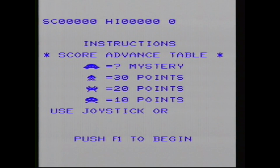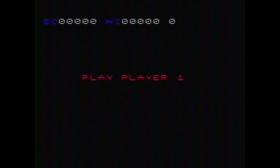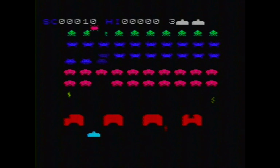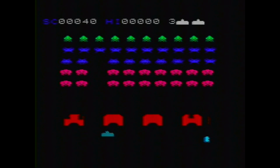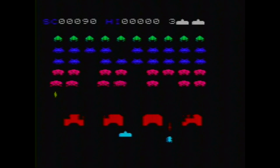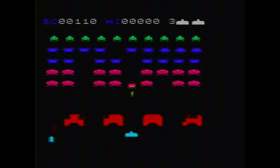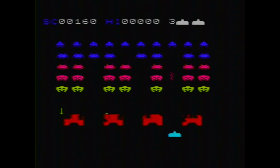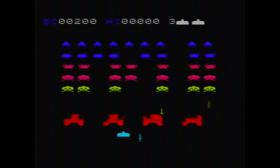Next up is Avenger. Okay, if it isn't obvious, this is definitely a Space Invaders clone, and I've actually never seen it before until now. Normally, I'm not a big fan of clone games, but in the case where the original game is not available on a platform, a good clone is okay in my opinion, and this is exactly the case here, as Space Invaders was not available on the VIC-20 or the